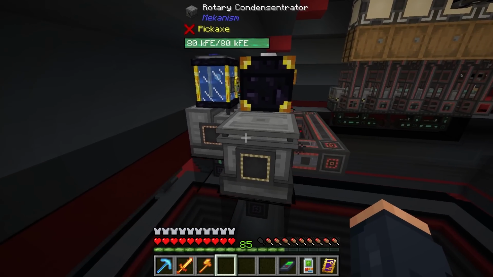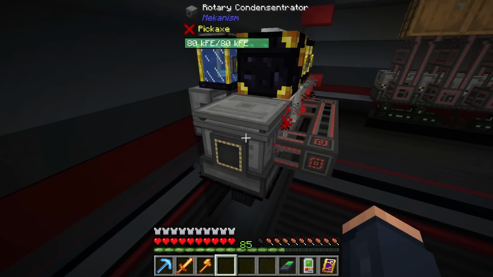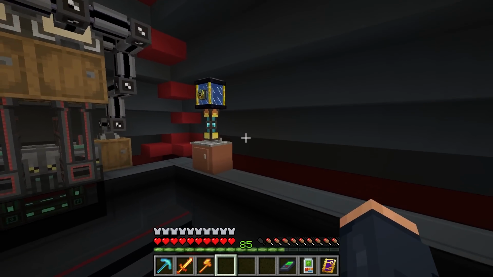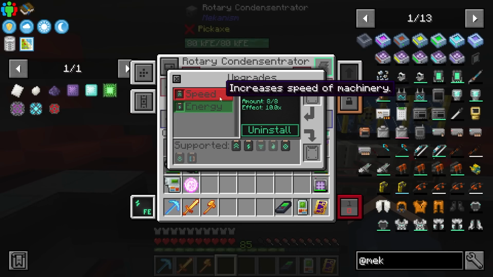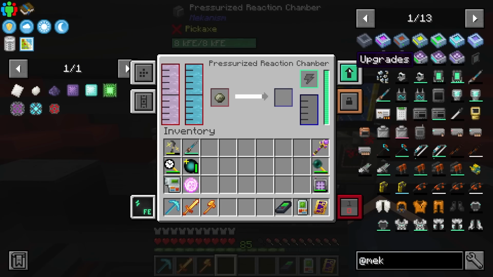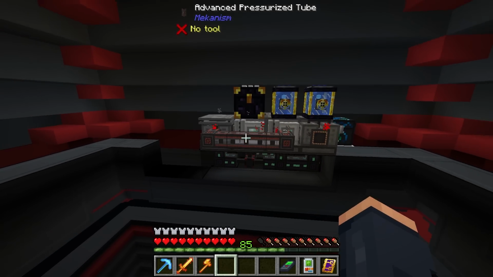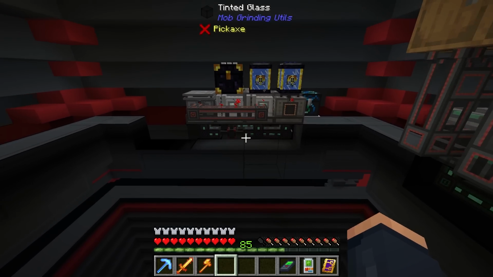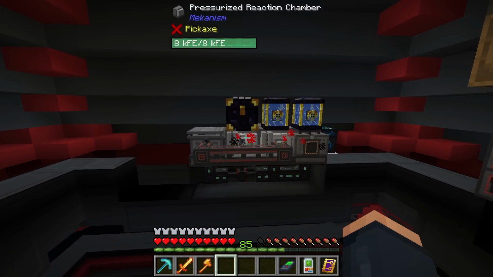So I've installed all of the upgrades, and this is now running quite well. As you can see, these are all running max upgrades. The only upgrades that would really benefit this are muffler upgrades. But as you can see, these have max. They're 8 out of 8 on both speed and energy. That is all the upgrades they can take. As you can see, they do not take gas upgrades, which is really handy for some setups, but in this particular one, that's not the case. So there we go. We now have HDPE